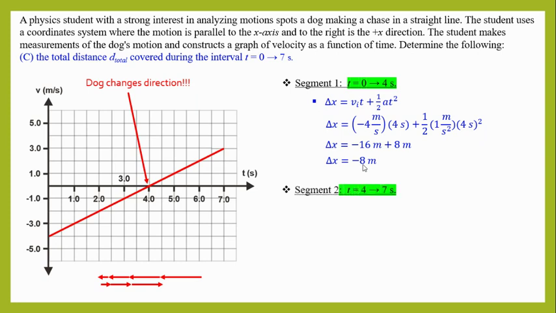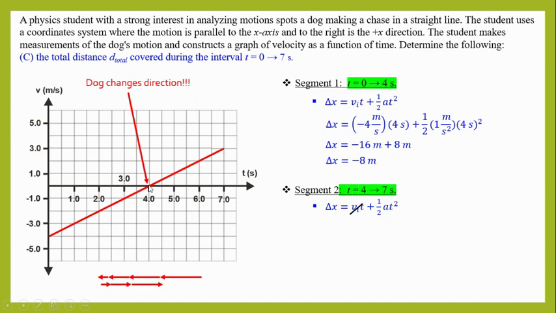All right, let's do segment 2. For part 2, I'm going to take it from 4 seconds to 7 seconds. Here in this case, if you understand these arrows on the bottom of the screen, the dog came to a stop, changed its direction, and started running in the forward direction for 3 seconds. From 4 to 7 is 3 seconds. Therefore, I can use the same kinematics equation, except in this case, my VI is going to be 0 because at 4 seconds, your velocity is